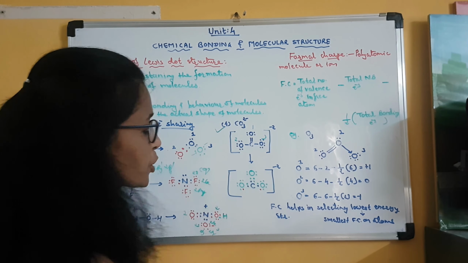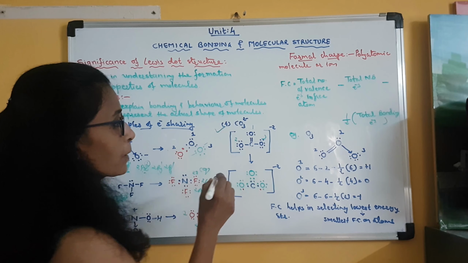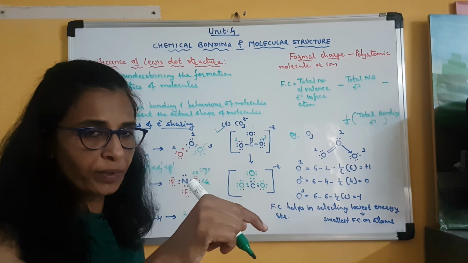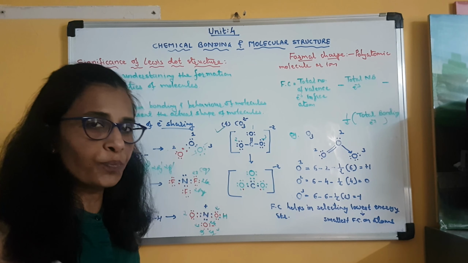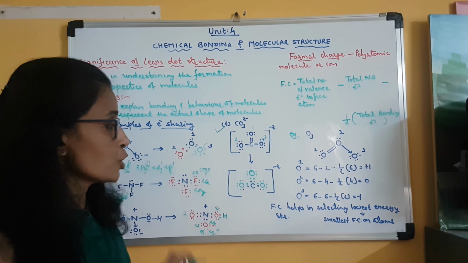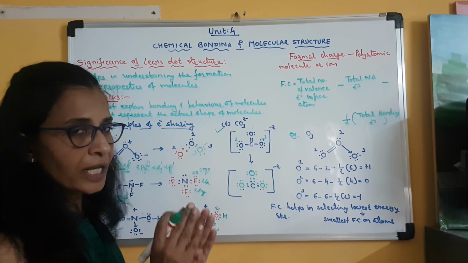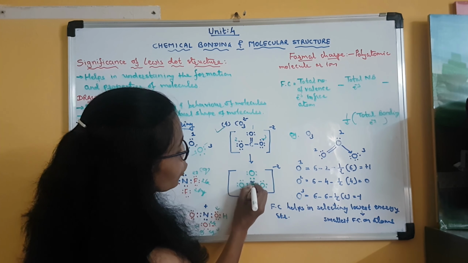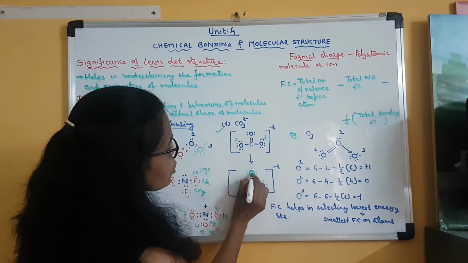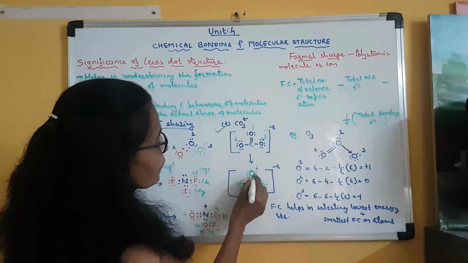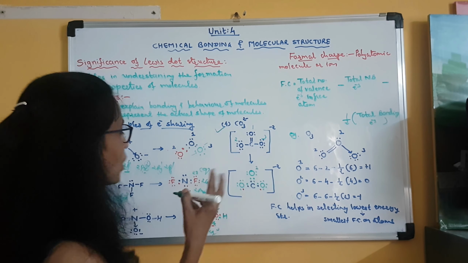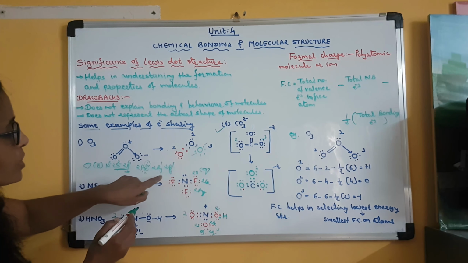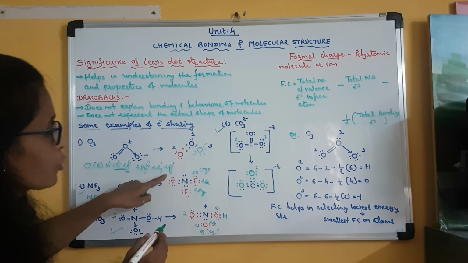Now let us see the sharing. Carbon is having 4 unpaired electrons, 1 in the 2s orbital and the remaining 3 are in 2px, 2py and 2pz. So total 4 unpaired electrons are there with carbon. Out of 4 unpaired electrons, 2 it will share with the first oxygen atom. Now the first oxygen is having 2 unpaired electrons. Here you can see 2 unpaired electrons which are present in 2py and 2pz.